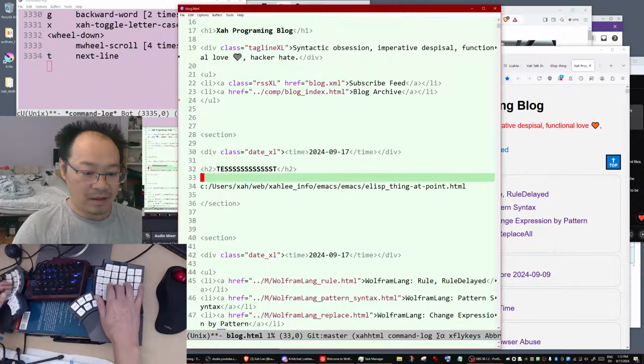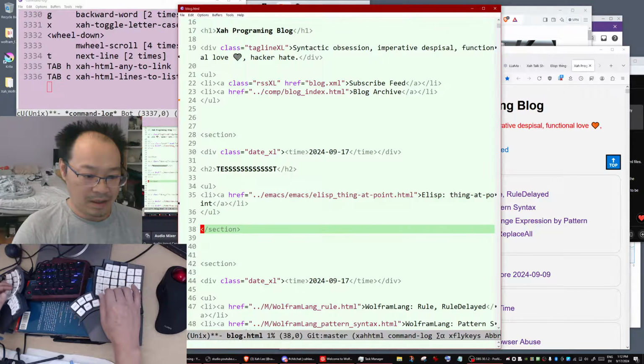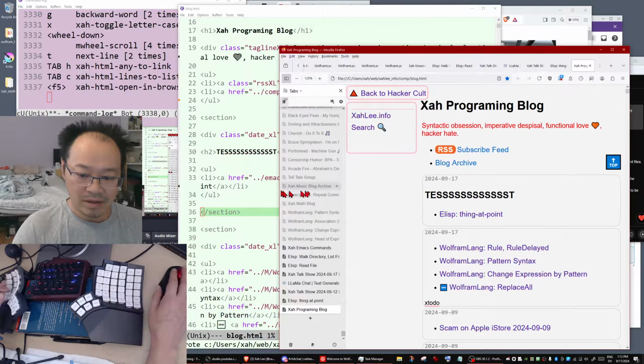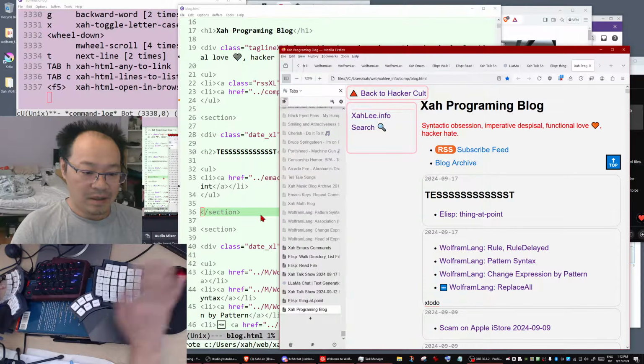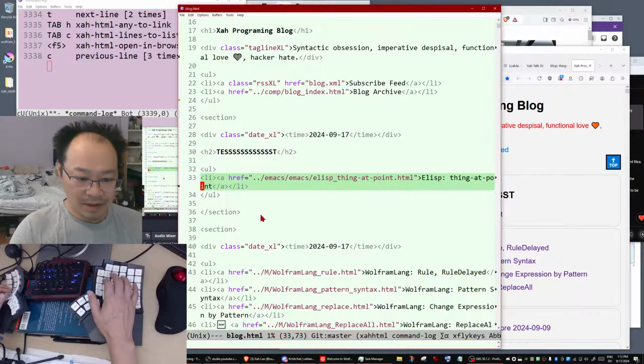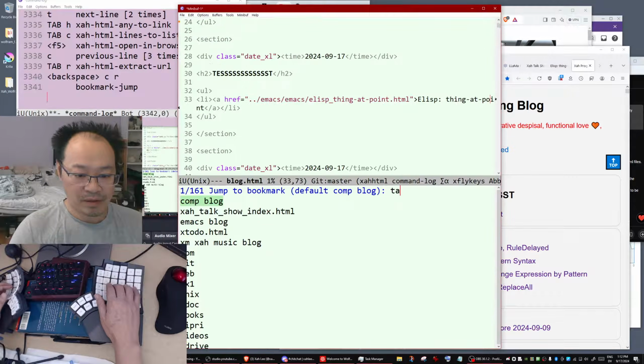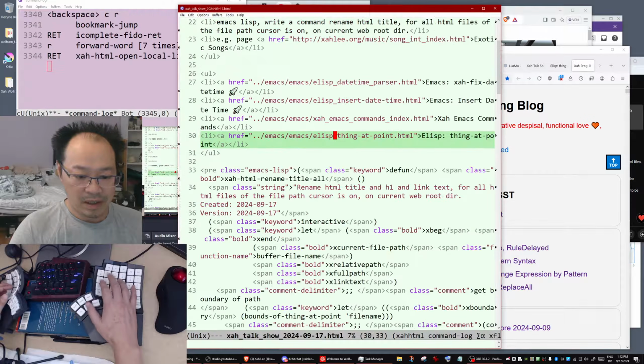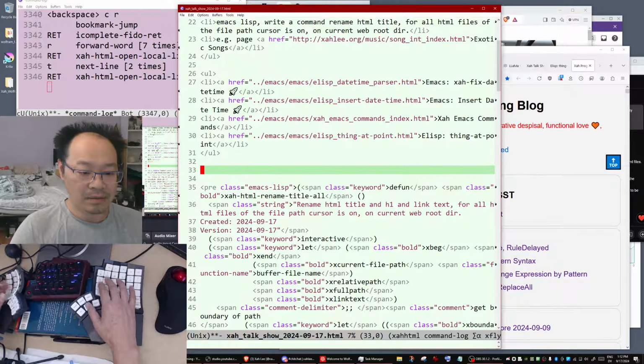Okay, then link it, show in browser. So you see, now let's say I want to copy the file path, go back to talk show, and put it here.